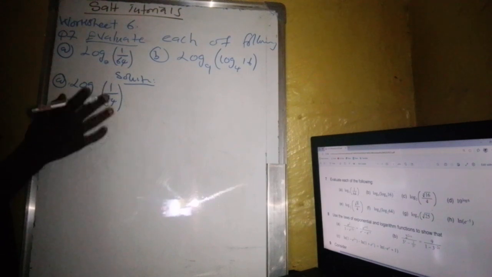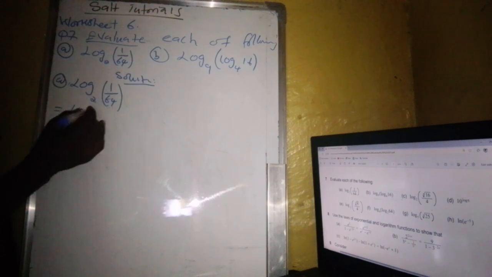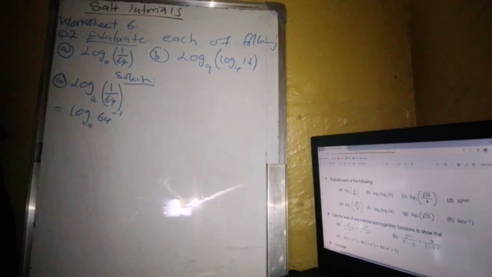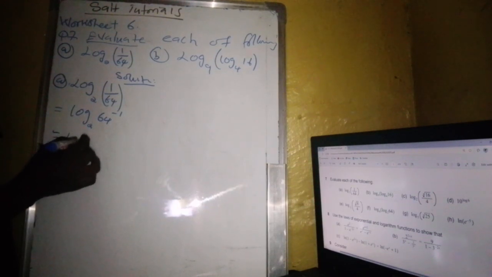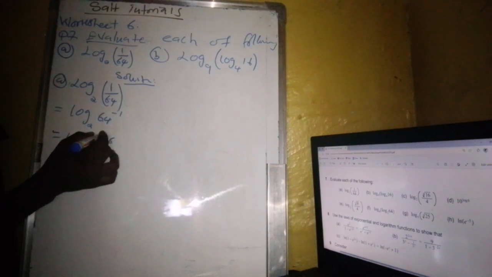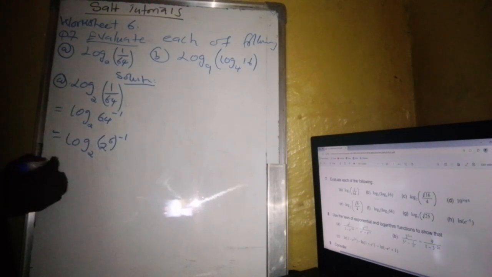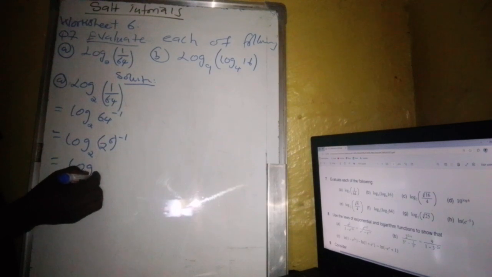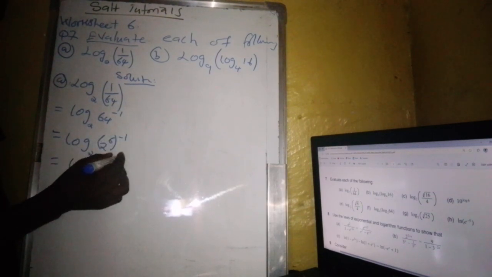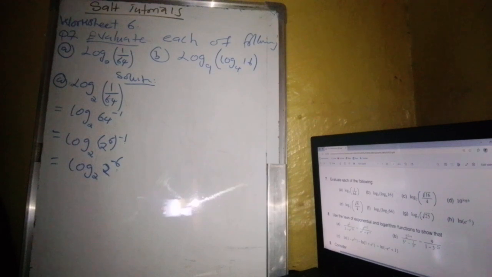Someone will simply say that this can be written as log of 2, and the input here, which is 1/64, can be written as 64 power -1, which is very much correct. Next, this can still be written as log of 2. The 64 can be broken down to be a base of 2 power 6, but remember there is a -1 outside. And this can be written as log 2 power 6 times -1, we're going to have -6, according to one of the exponent rules which says if we have the powers here, these two can multiply and become a -6. From the power rule,